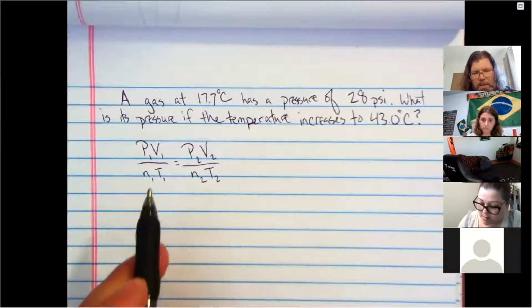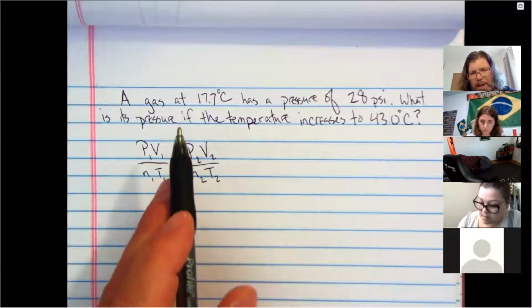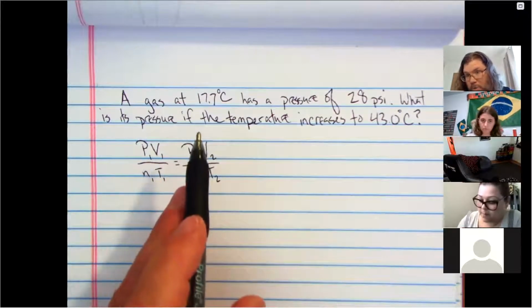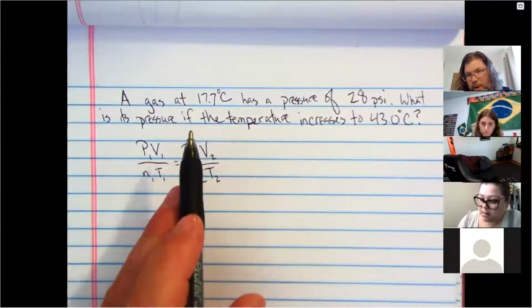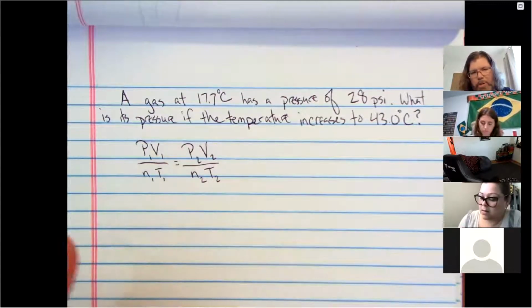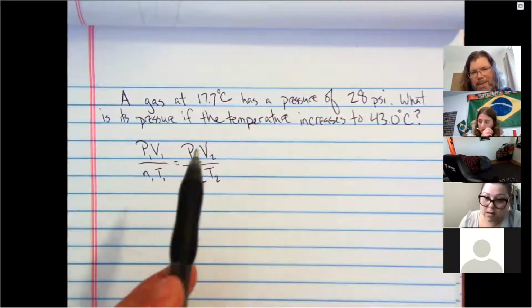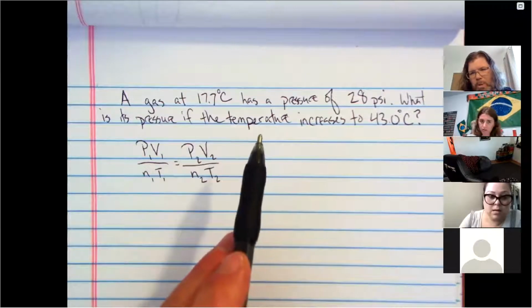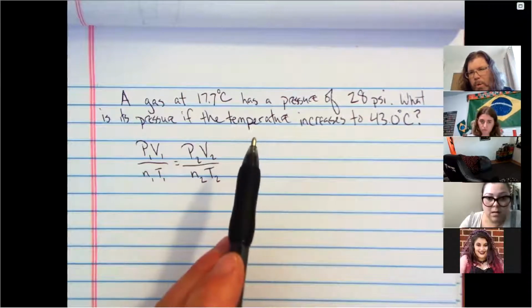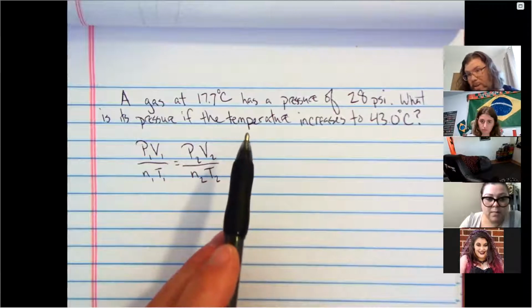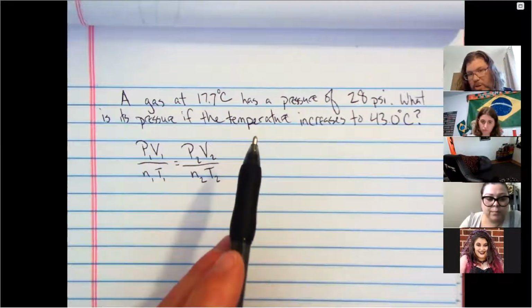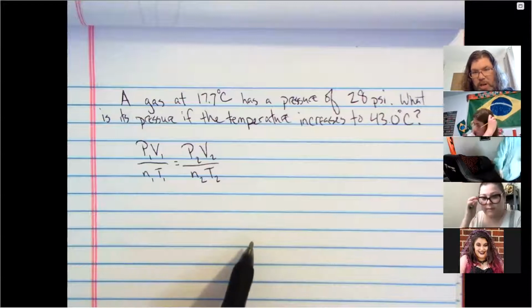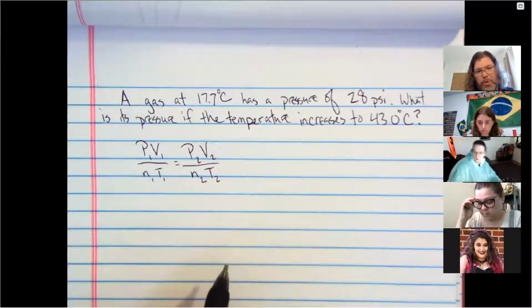So the reason I write down this equation is because this problem has to do with a gas that is undergoing some sort of change in its conditions, right? We're changing the temperature at which the gas is stored. So from context, what can we also tell is not happening in this problem? What's not changing? Number of moles isn't changing. What else isn't changing? Volume. Yeah, or else the problem would have said something about expansion or contraction. So we know the only variables that are changing are pressure and temperature.